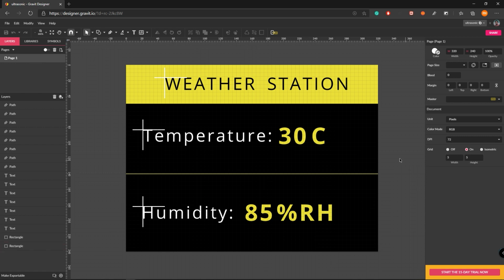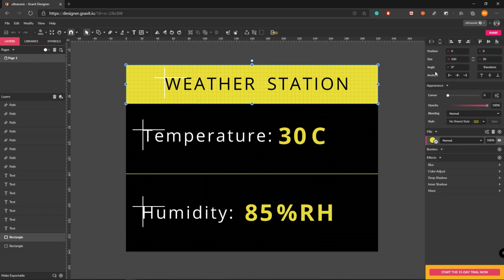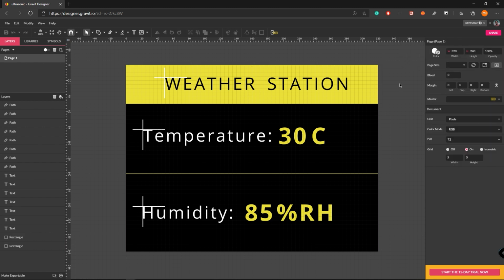I have first drawn this on the Gravit Designer and transferred the coordinates into the Arduino code. So in the second video of the Wio Terminal Classroom with Ardupi video series, I have explained how to use Gravit Designer to draw shapes, text strings and numbers so that you can transfer the coordinates of the shapes, numbers and text strings onto the Arduino code when you want to display this on the Wio Terminal LCD screen.